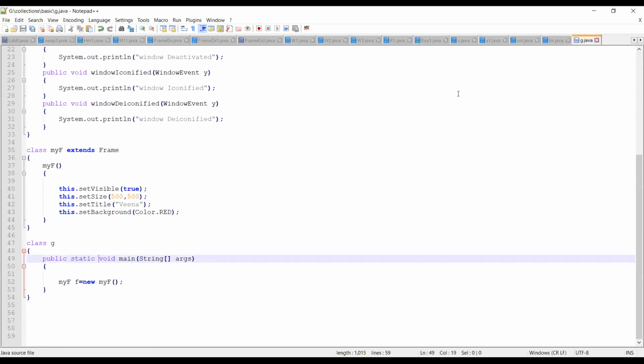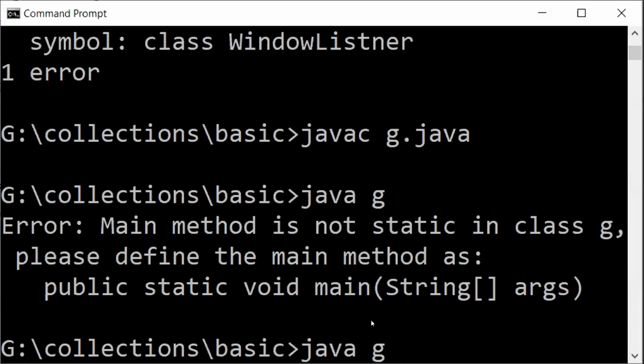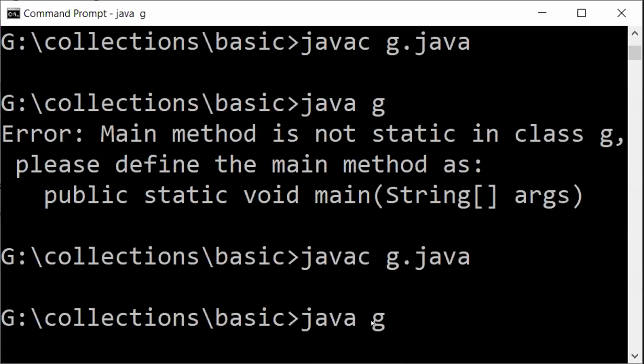Save this. Go back to your execution. Compile your program, and once again run your program. See, now we are going to get this particular frame. Now you got this frame. So now what should you do? Whatever operations I'm doing here, whenever I minimize, or when I close this button, for example, closing is not happening, while minimization and maximization are happening. I have not written any other code, only this much. Earlier also all this would happen, minimize, maximize, everything, but closing will not happen.